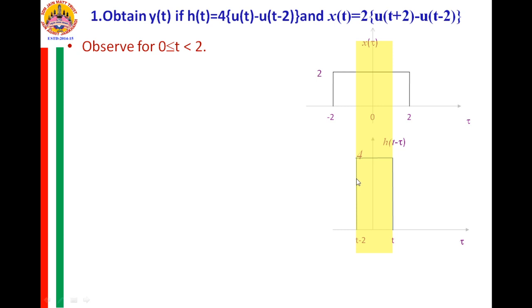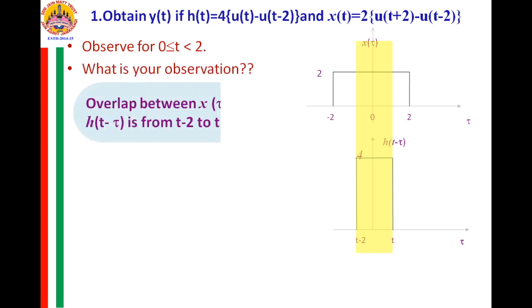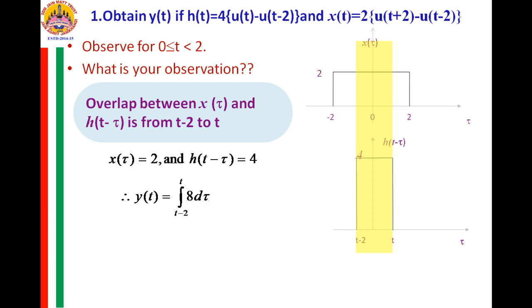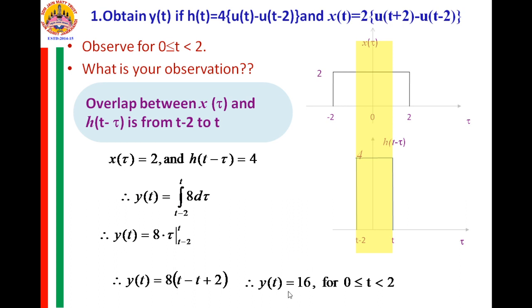That is, the overlapping is from t minus 2 to t. So x of tau is 2 and h of t minus tau is still 4, only the limits are changed, that are from t minus 2 to t. Integrate and substitute the limits. So the answer is y of t is equal to 8 into t minus t plus 2, upper limit minus the lower limit. So this is a constant value, that is y of t is equal to 16